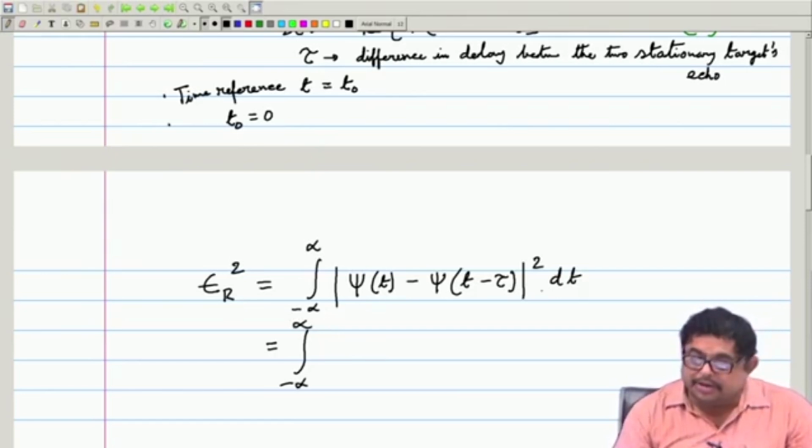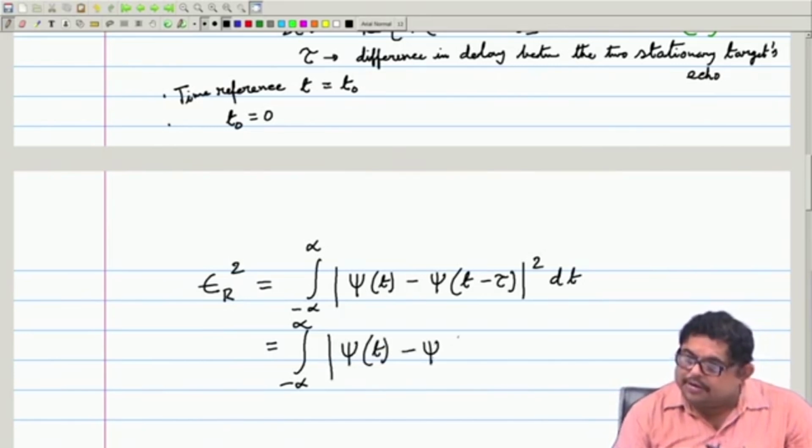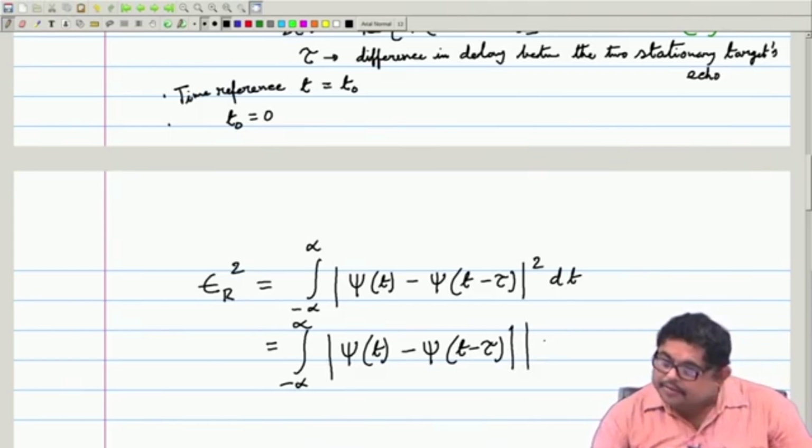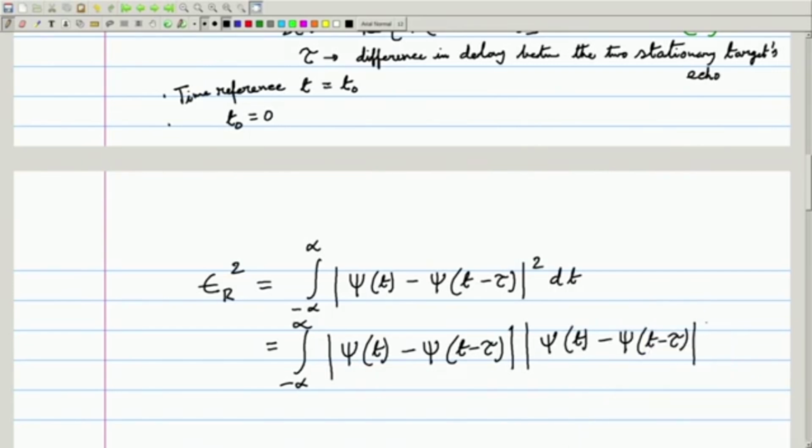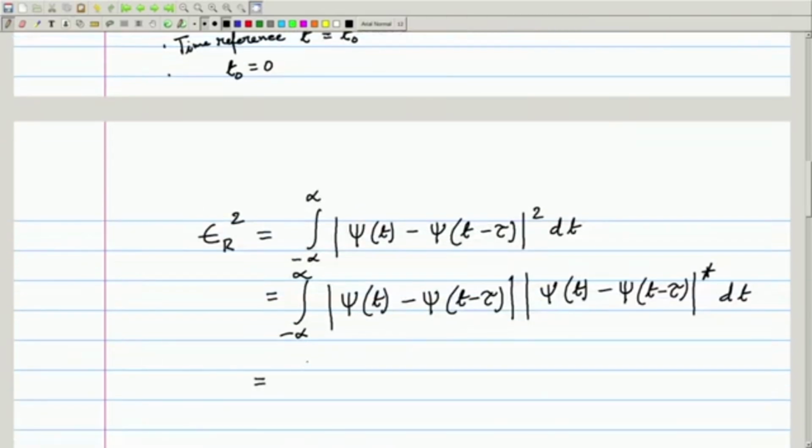So, minus infinity to infinity, this is a complex number, so magnitude square. We know that we can write this as psi t minus psi t minus tau, times the complex conjugate, psi t minus psi t minus tau star dt. And if we go further, I can open this up now, and I think you will agree that I can write it as